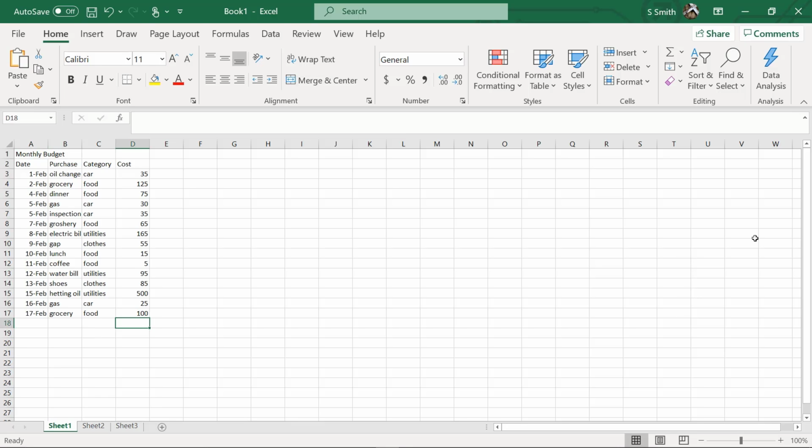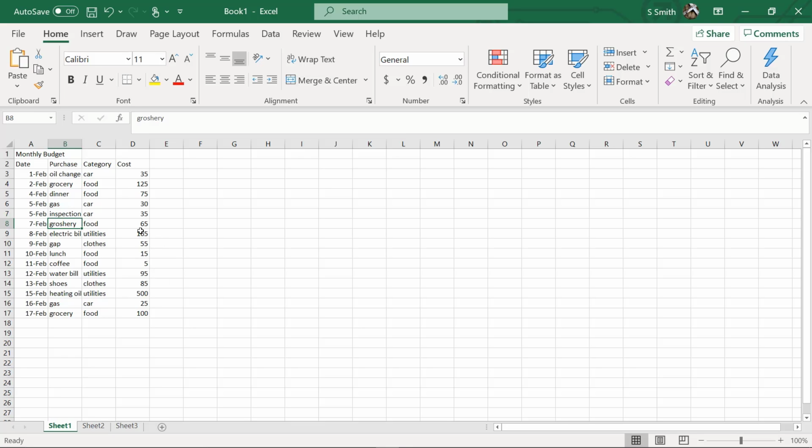Okay, so I finished entering more data. I hope you had a chance to as well. After I entered my data, I noticed a couple problems. First of all, I noticed that I wrote heating oil wrong. If I start typing in the cell and I type right over it, I'm going to replace what I had already put in there. I also noticed I spelled grocery wrong.